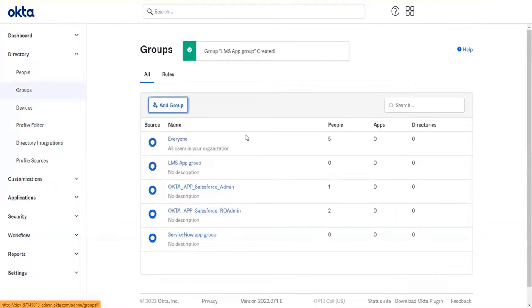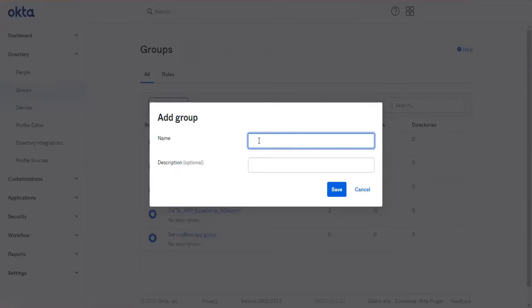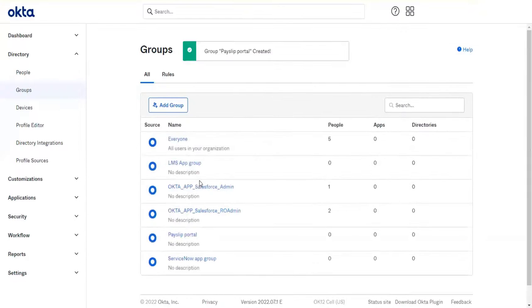And there is a group named Payslip Portal. Okay, so these are the groups that grant access to the Payslip application. In that way, the LMS group grants access to the Leave Management System application, Payslip Portal grants access to the Payslip Portal, and ServiceNow grants access to the ServiceNow portal.